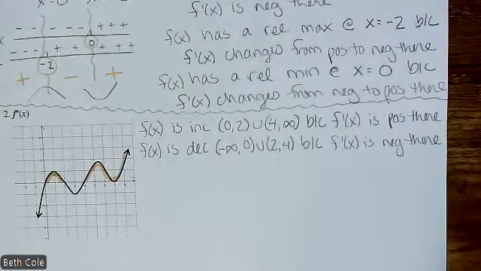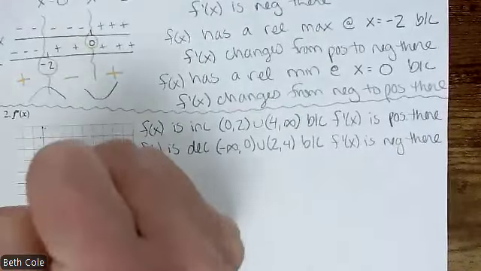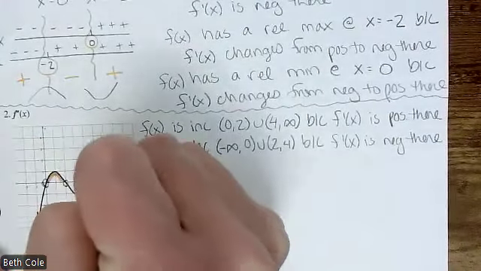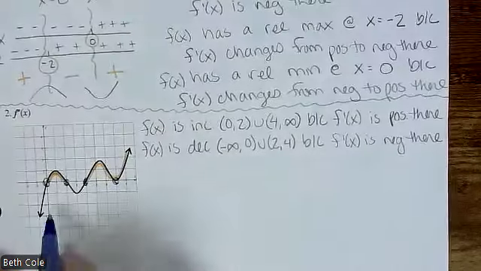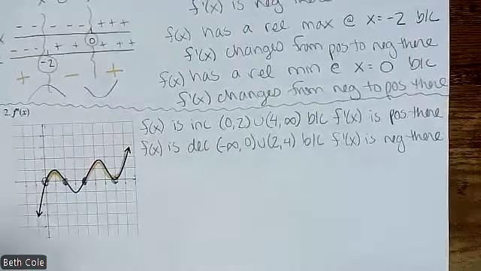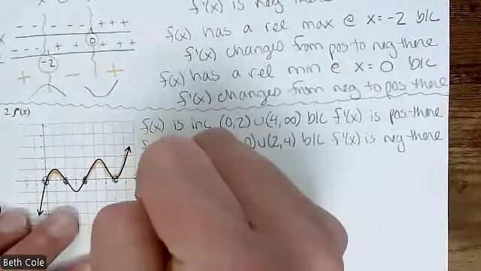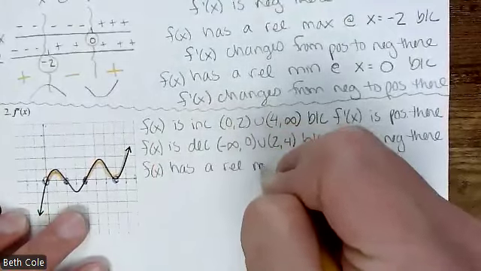All right, now we're going to do the relative extrema. You have to mention every single critical point. So we have a bunch of them. Do you see all these here? How many critical points have we got? 4. Now, I think we're only going to have to write 3 sentences, though, if I'm remembering this from last year. F of x has a relative maximum